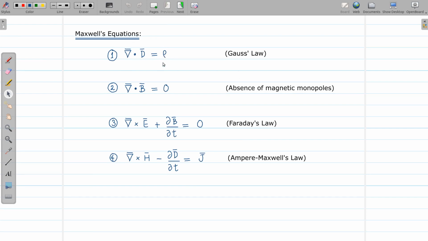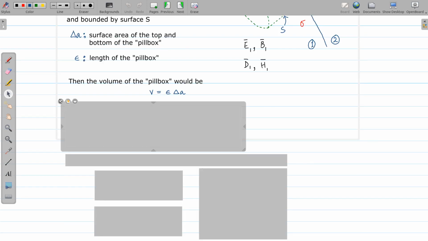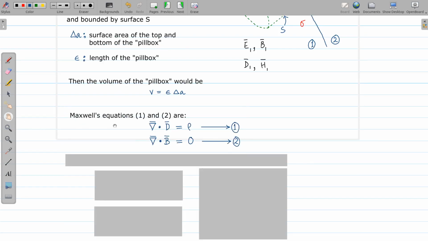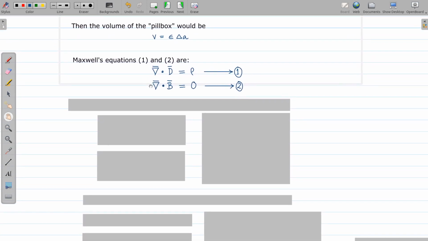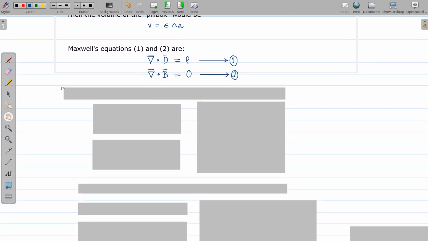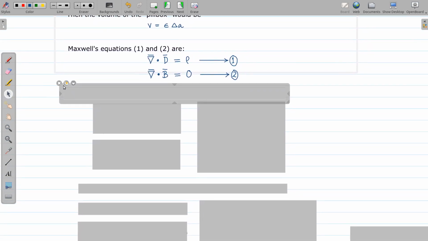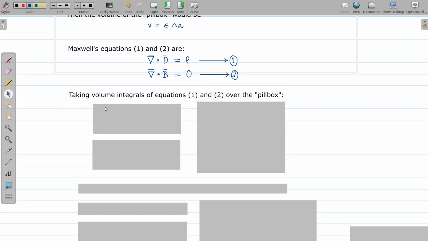So this is the inhomogeneous equation and this is a homogeneous Maxwell equation. We will use these Maxwell's equations over here. So the first equation, equation number 1 and equation number 2. Now what I'm going to do is, we are going to take the volume integral of these two equations over